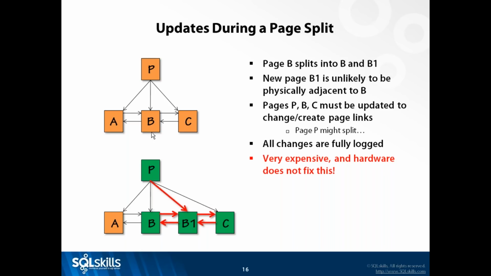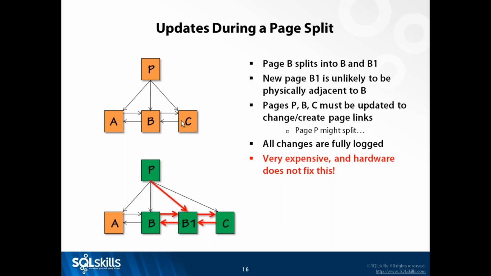Now, what do you think? If this index exists, what do you think the odds are of page B1, the newly allocated page, being able to be the next physical page in the data file after page B, probably around 0. Okay? So page B1 gets created somewhere in the file group where this index resides. Now, physically, it's who knows where. Logically, it has to be in between pages B and C. Okay? So page B's page header that was pointing at C as the next page needs to change to say it's now pointing at B1 and vice versa.